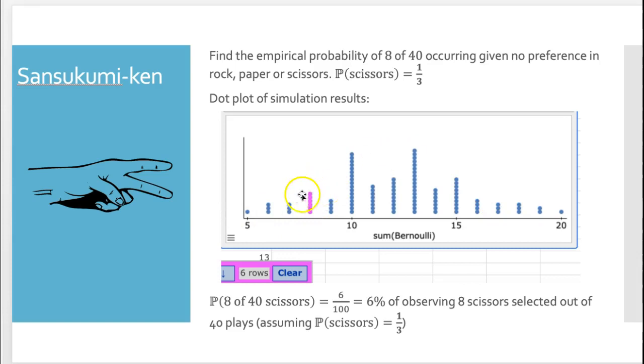So for this particular one, I got 6 here. So there were 6 times, 6 rows, where 8 scissors was selected out of the 40. Therefore, my empirical probability of observing 8 scissors out of 40 plays, given that the probability of scissors is 1/3, is 6 over 100, or roughly 6% chance. So what it's saying is there's a 6% chance of your friend observing 8 of the 40 scissors,